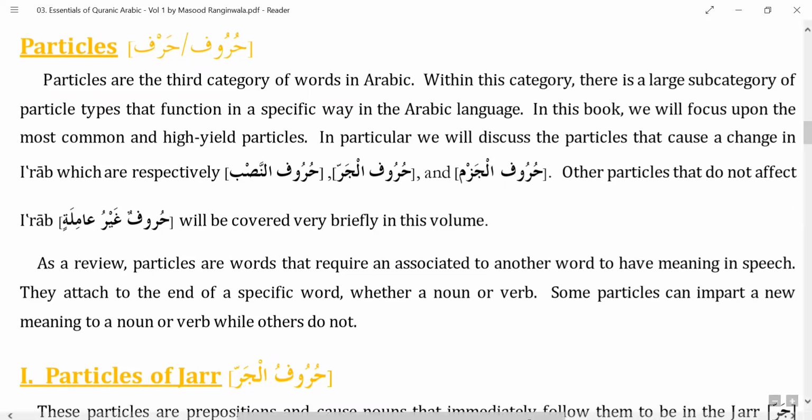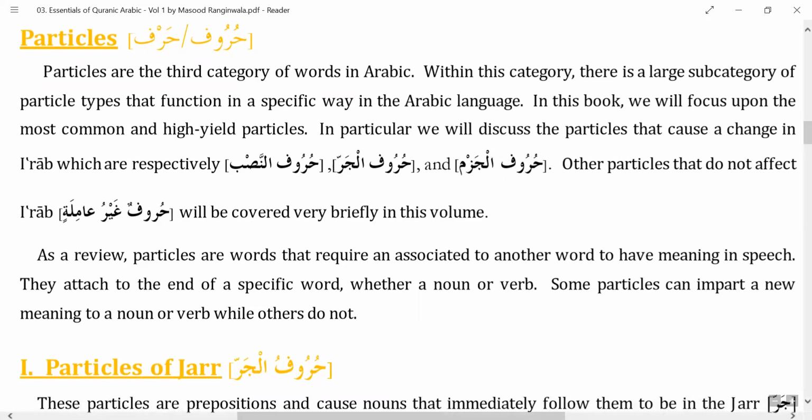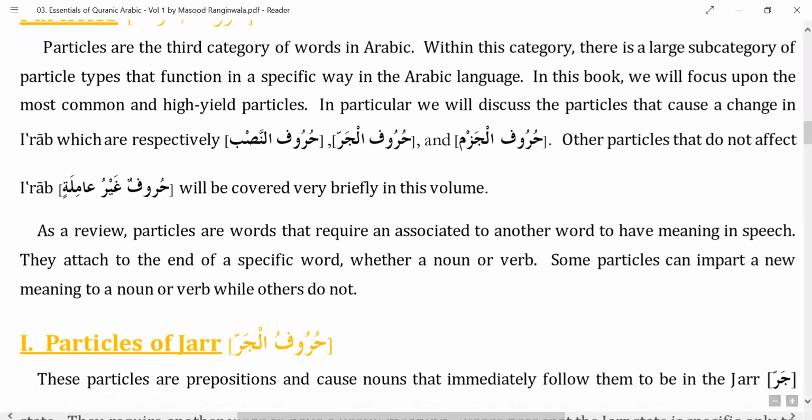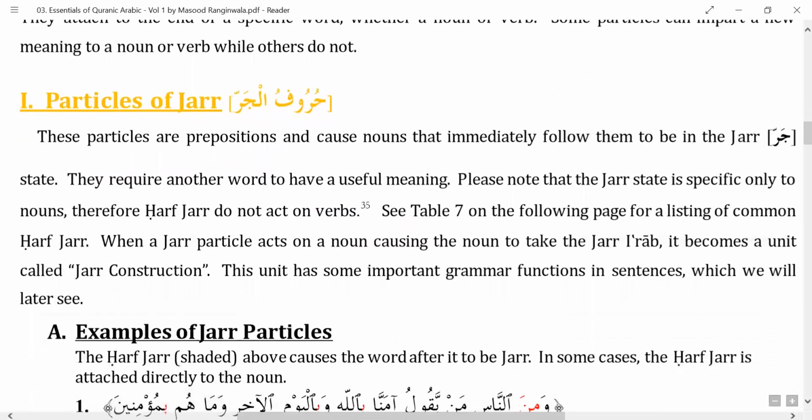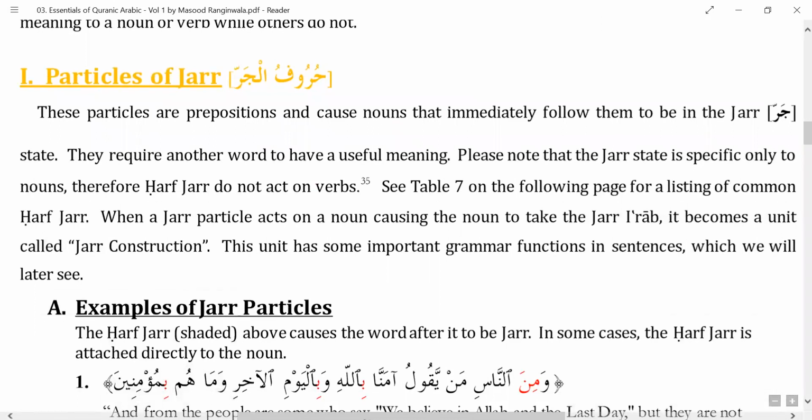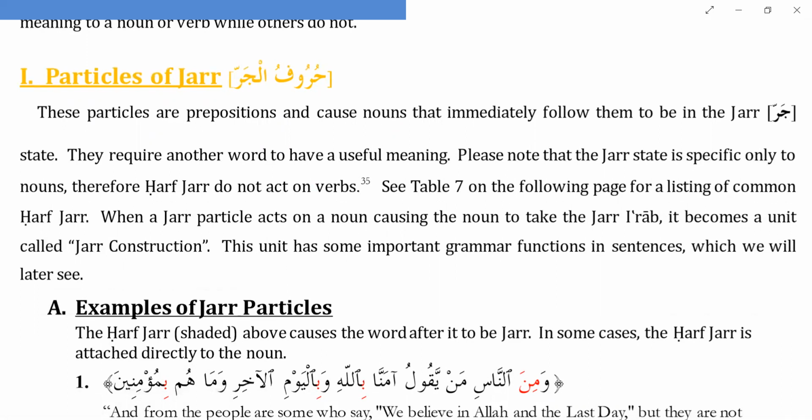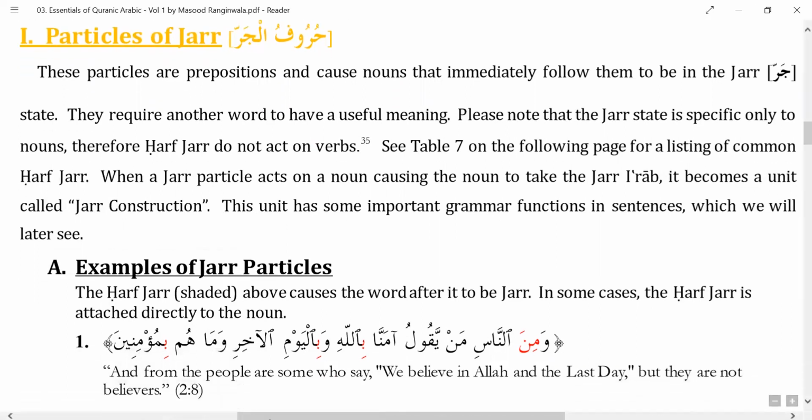So we started with huruful jar, this one. So you have huruf nasb, the huruf that cause a nasb on the word. Huruful jar, they cause a jar on the next word, and huruful jazm, they cause a jazm on the next word. So some of it will be acting on ismun, some of it will be acting on verbs, and some will act on both. Now huruful jar, we saw in English they are commonly known as prepositions,